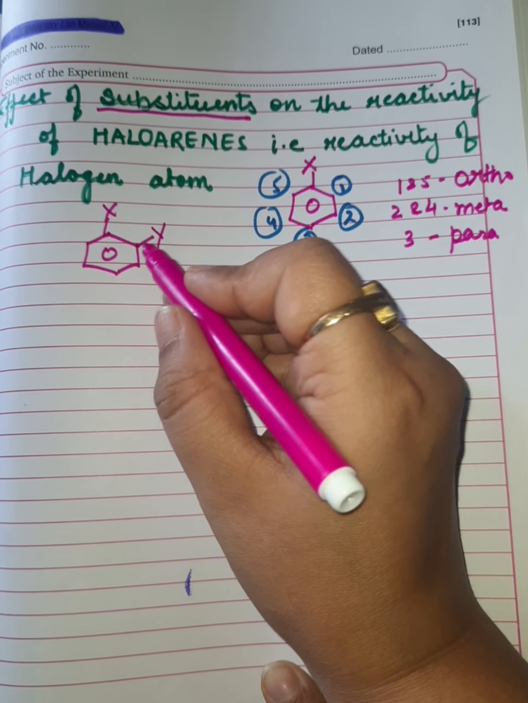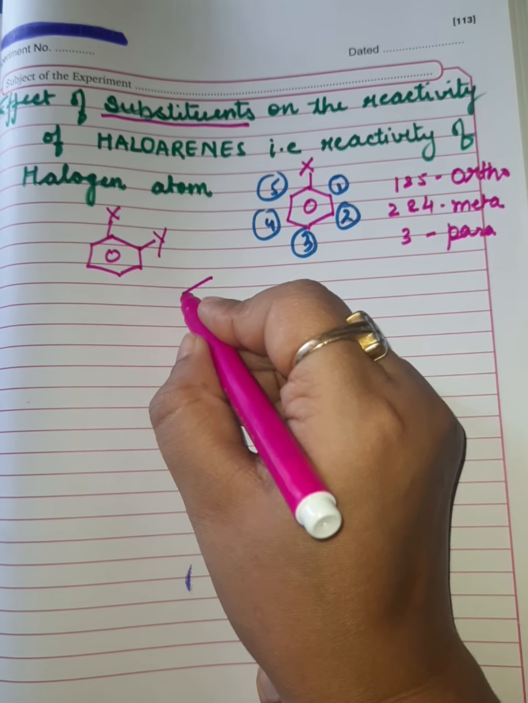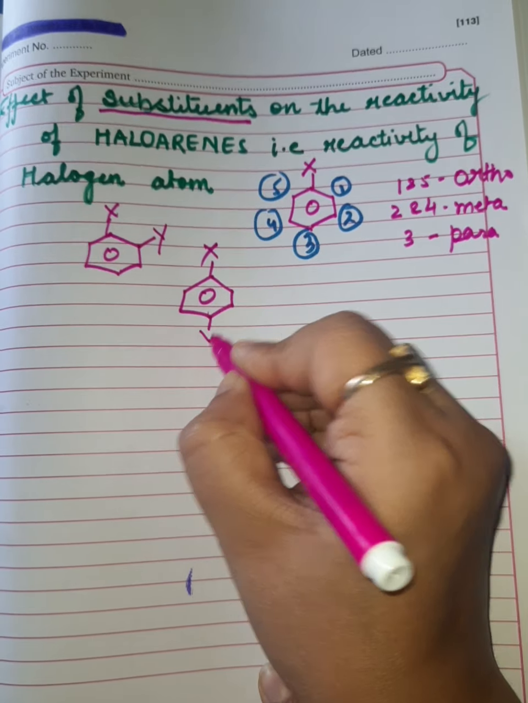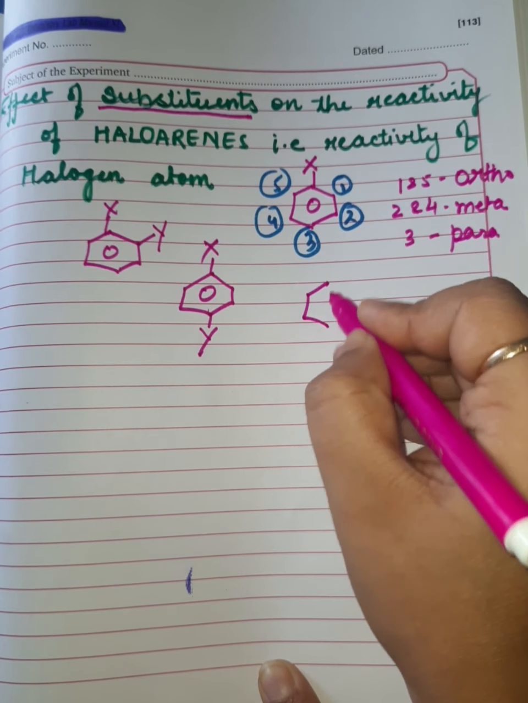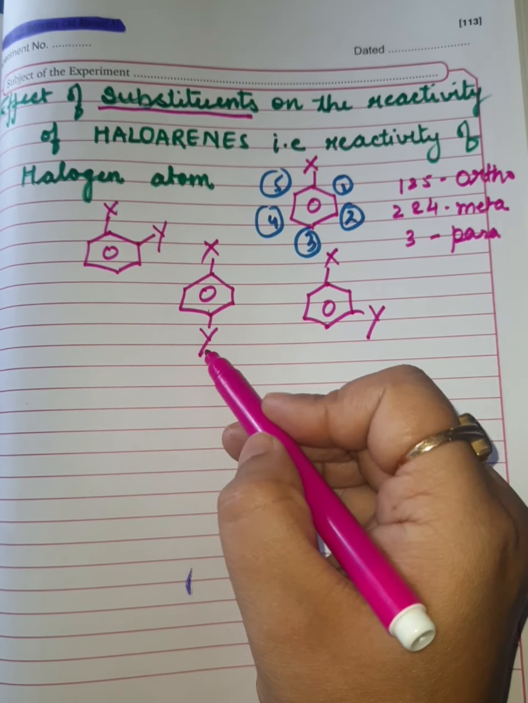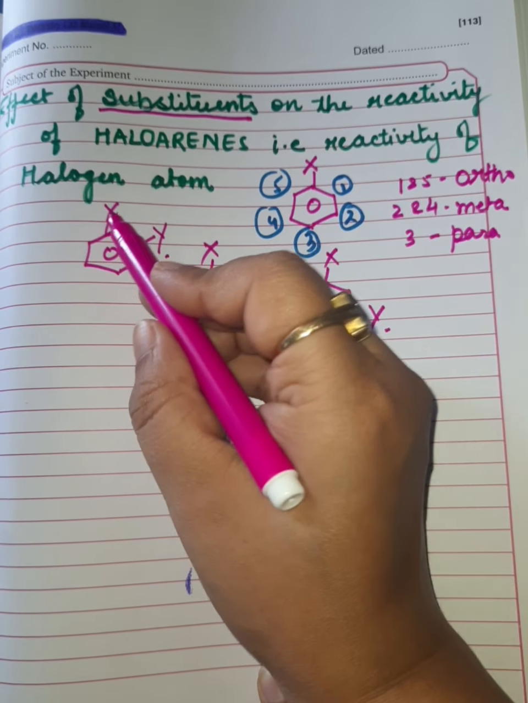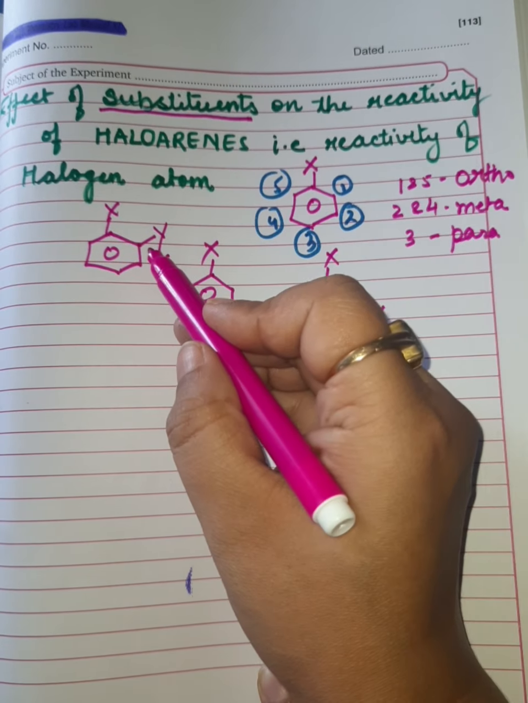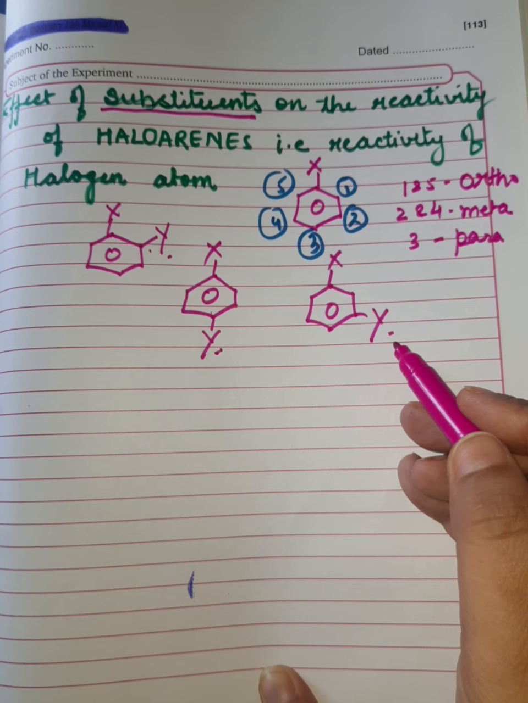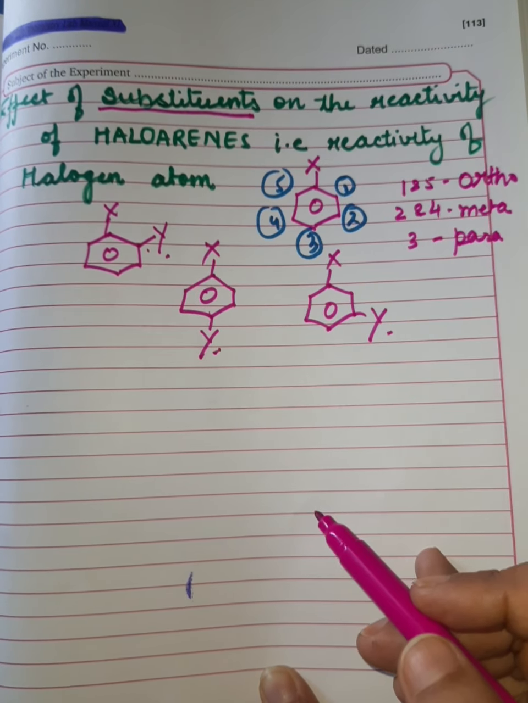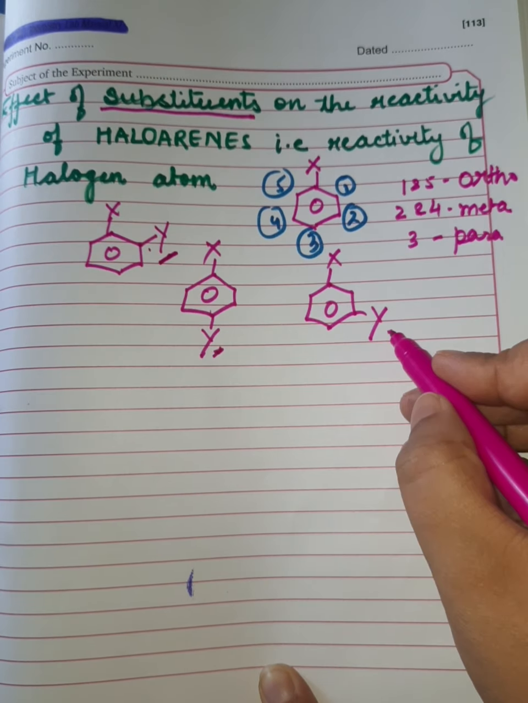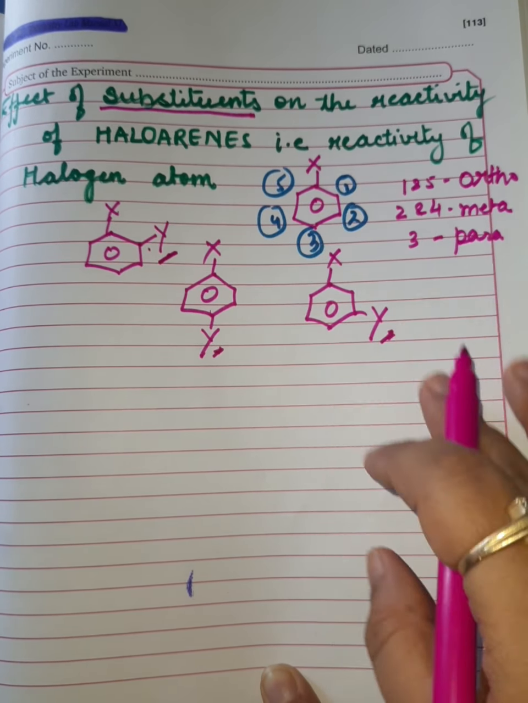So it can be present at ortho position, it can be present at para position, and even at meta position. Alright, so here Y is the substituent for haloarene. This is ortho position, this is para position, and this is meta position. Now we are going to discuss how the presence of such a substituent at different places affects the reactivity